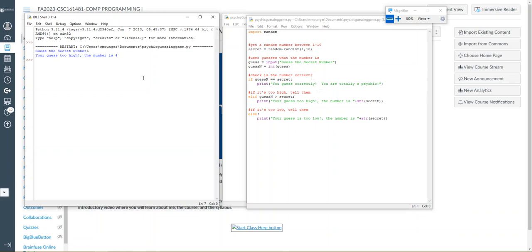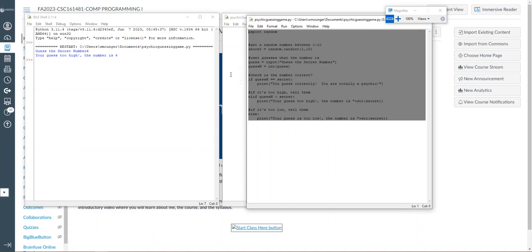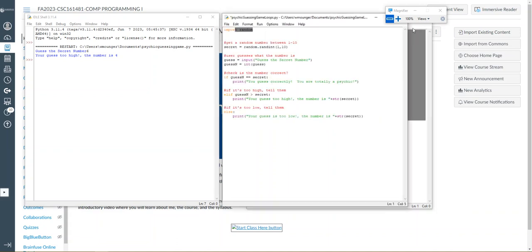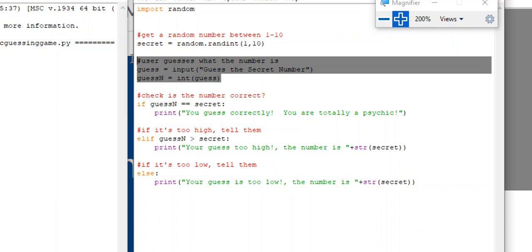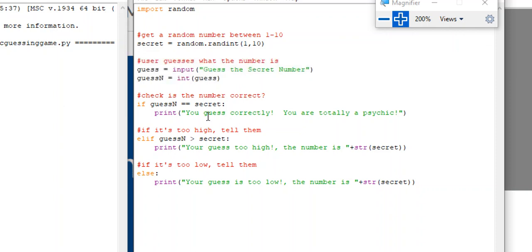So we're going to take this same project and use a loop for this and essentially just keep going until we get it right. We're also going to change the number range a little bit. So I can copy all this over. We need our import random here. We need our secret number. We'll leave that the same for right now. We need to guess the input. And then, of course, we need to check to see if it's correct, if it's not, if it's too high,